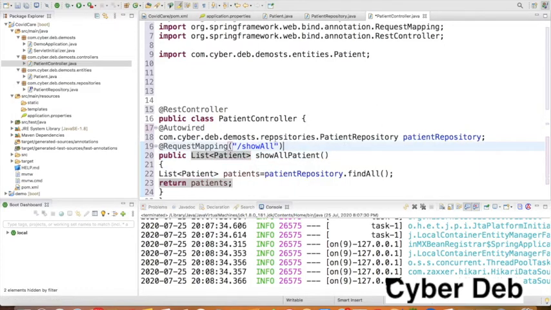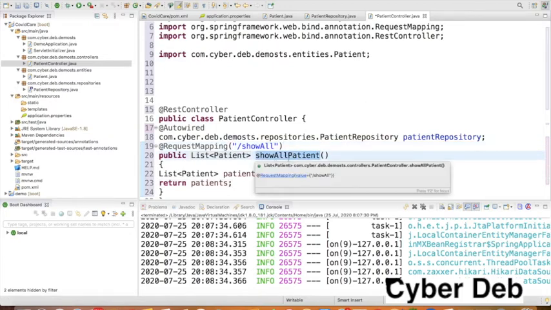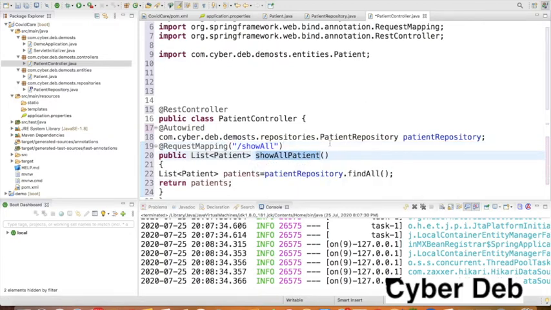Yeah, now let me explain. Here showAllPatient is the method inside this patient controller. The RestController is an annotation which mentions that this patient controller is not an ordinary controller, it is a REST controller.